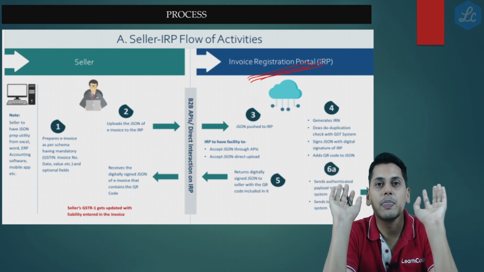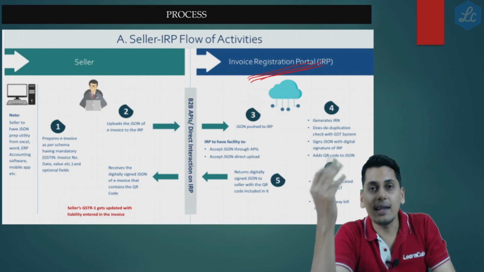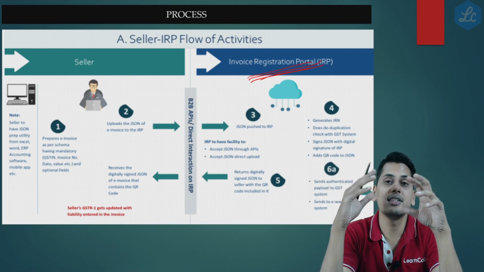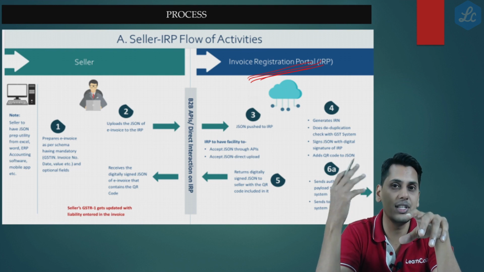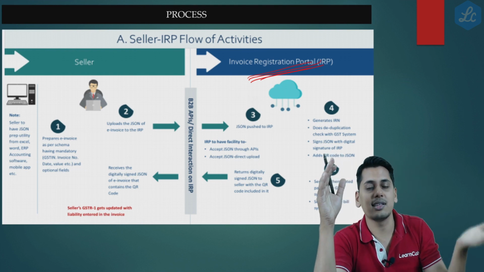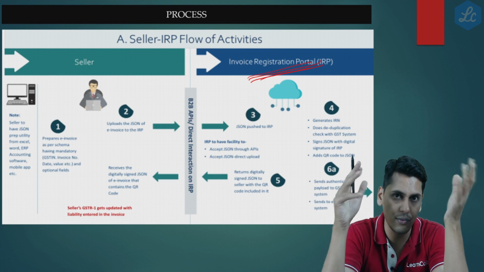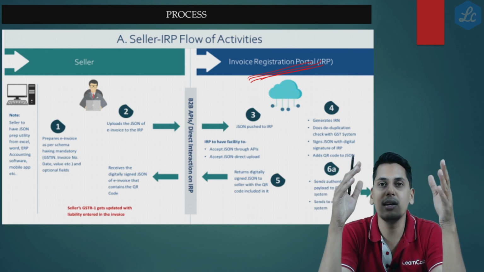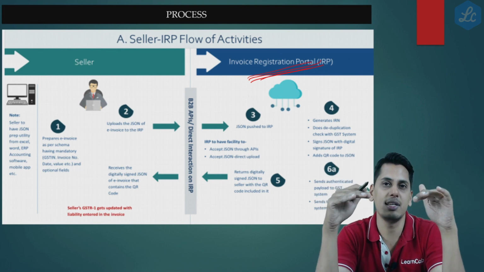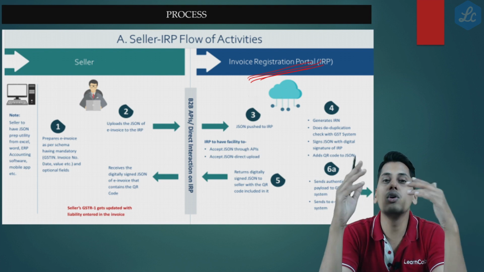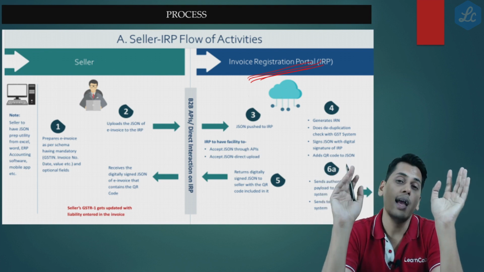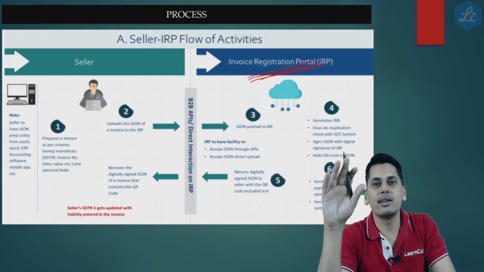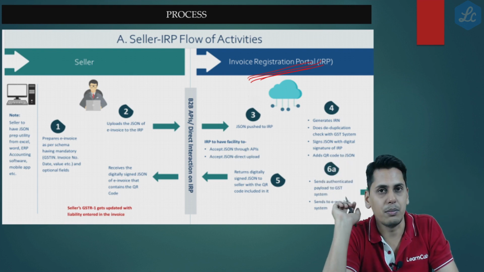is wanting it. So now friends, again at the automation end, this invoice registration portal would automate the details in GSTR1, because the same invoice is going to be uploaded in GSTR1 as well. So wherever e-invoice is being raised, the details would automatically come in GSTR1. Also these details would go to the e-way bill portal wherein e-way bill could be generated easily, and also these details would go and sit in the GSTR 2A of the recipient.